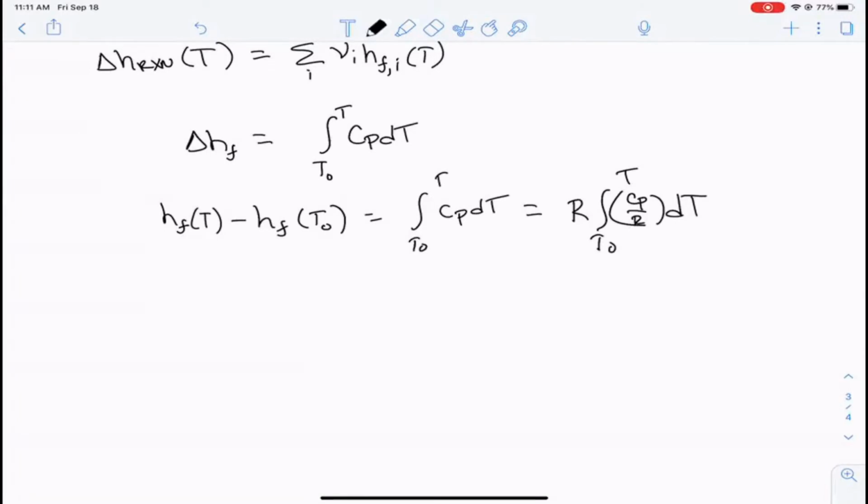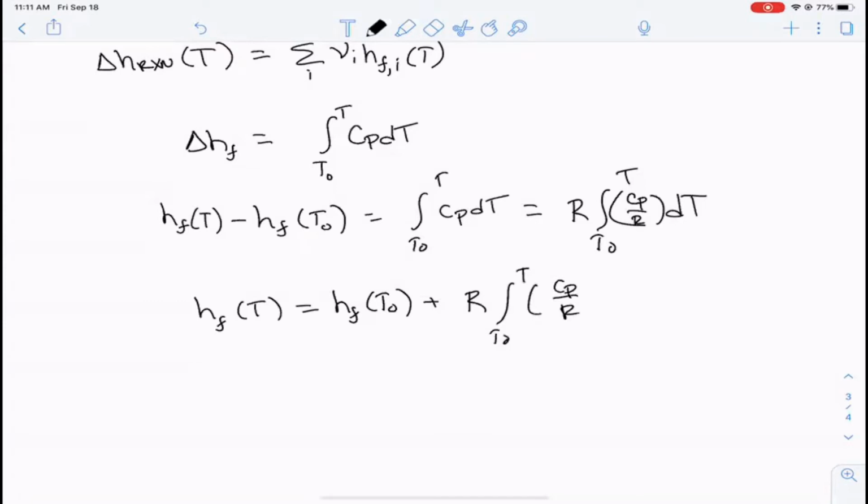So this equation, very similarly to above, says that the heat of formation at any temperature is just the heat of formation at standard temperature, plus R times the integral from T0 to T of Cp over R dT. Now, of course, your book, we've already solved your book equation, and what you would do in solving